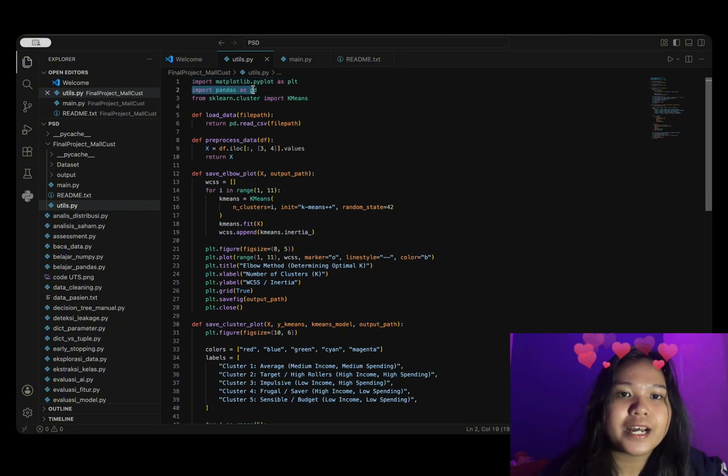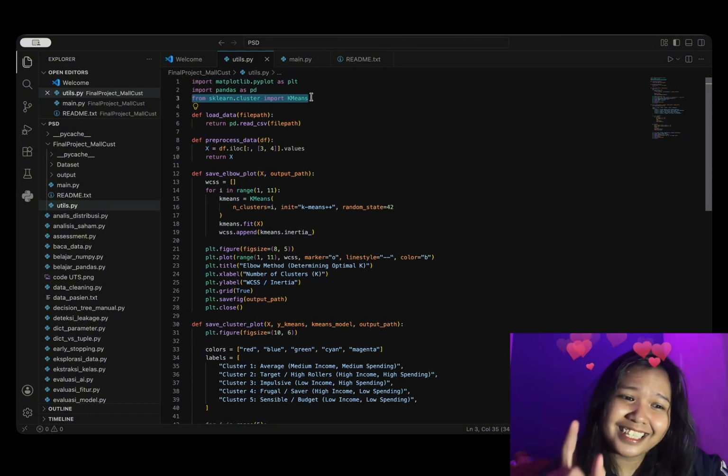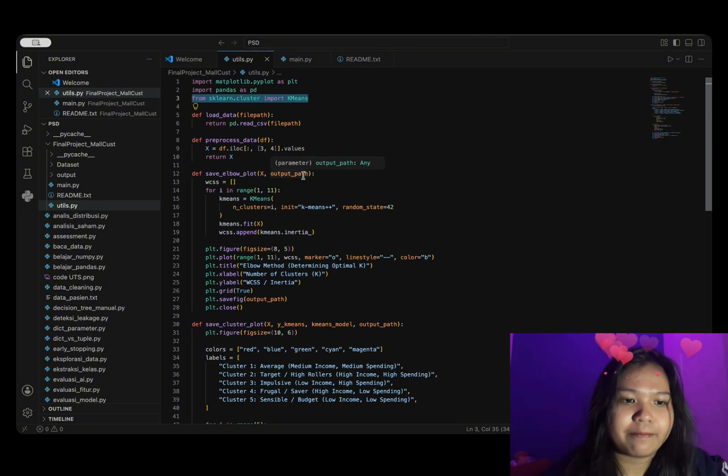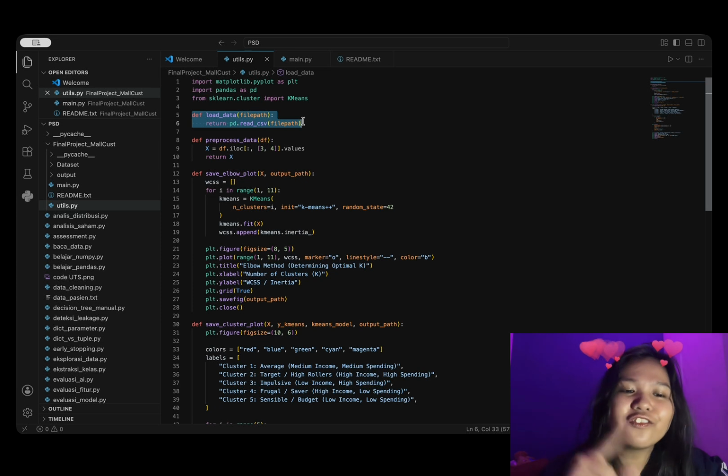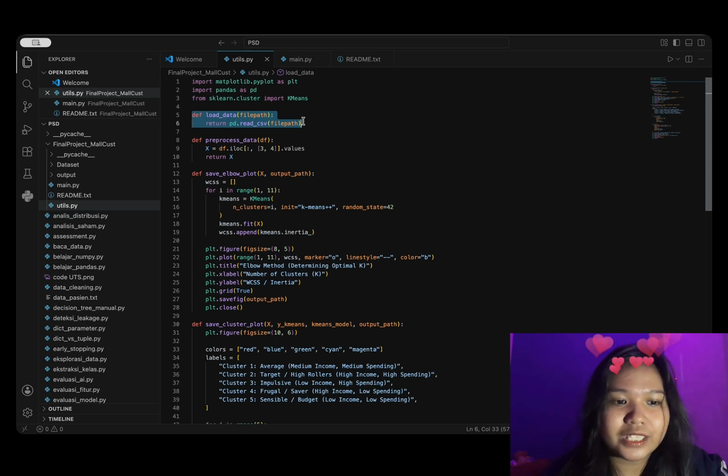We import pandas to read, manage, and process tabular dataset files, and import the K-means algorithm from the scikit-learn machine learning library. So the first step, after importing the libraries, is to load the dataset from the specific path and convert it into a pandas data frame.